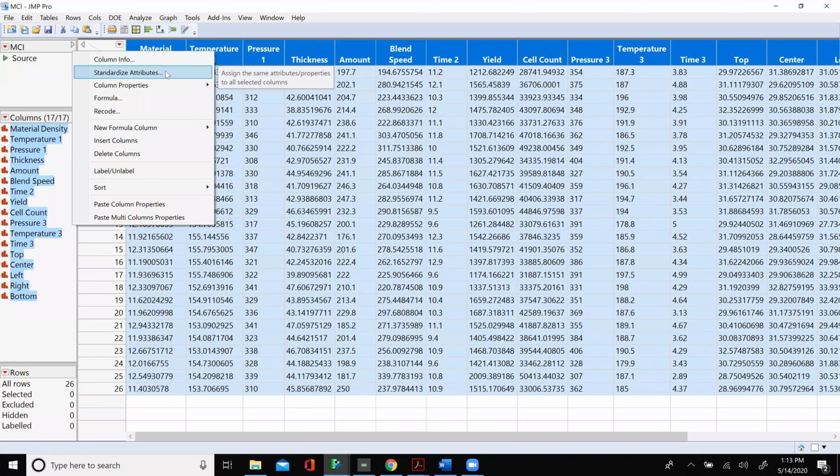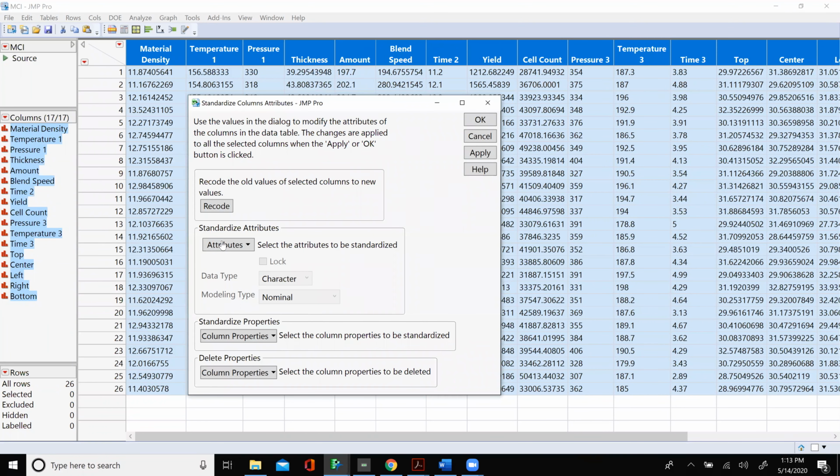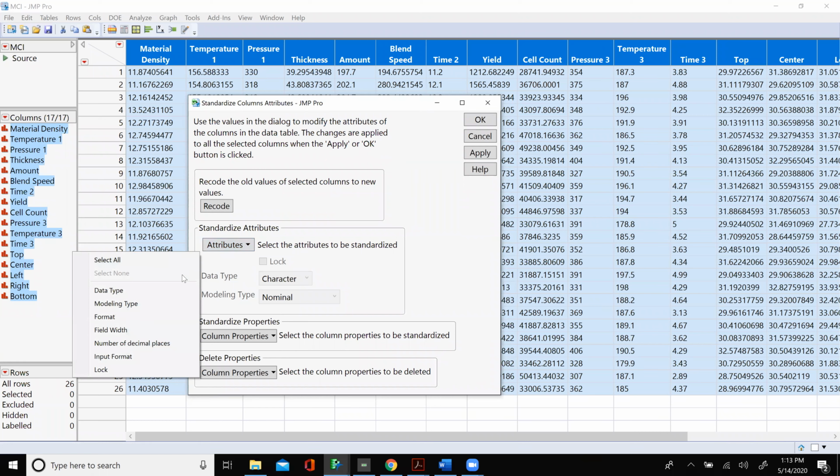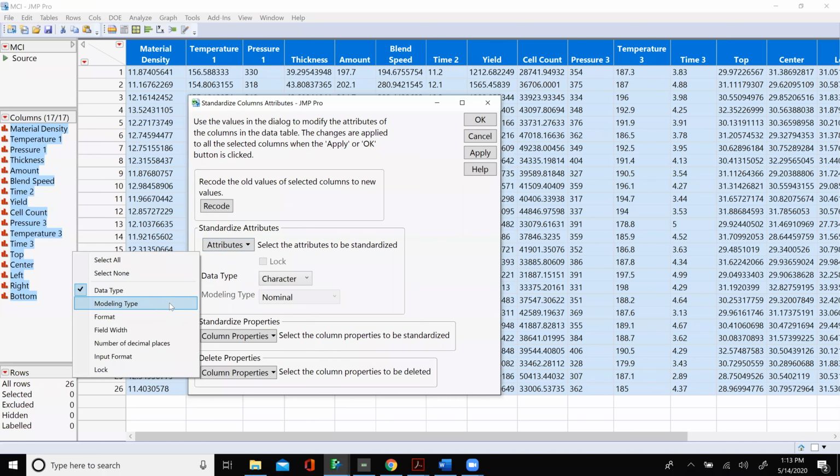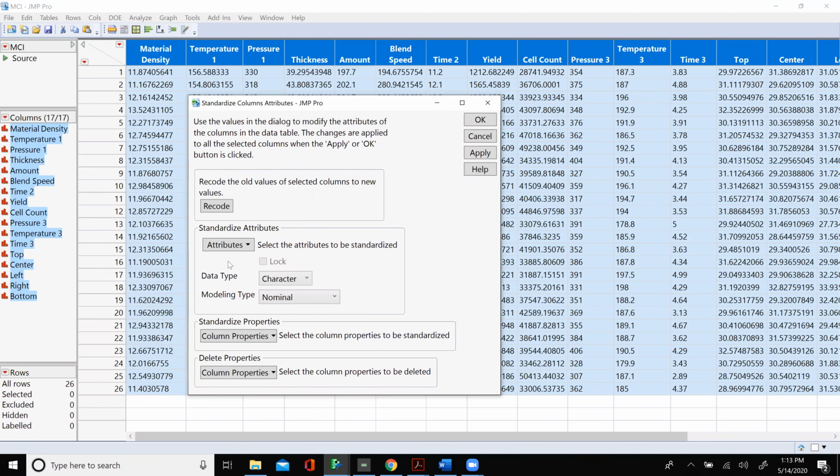I'm going to choose standardized attributes. Now I'm going to turn on really 3 things under attributes. I need to tell it what the data type is. I need to tell it what the modeling type is. And I'm also going to change the format. So just turn on all 3 of these.